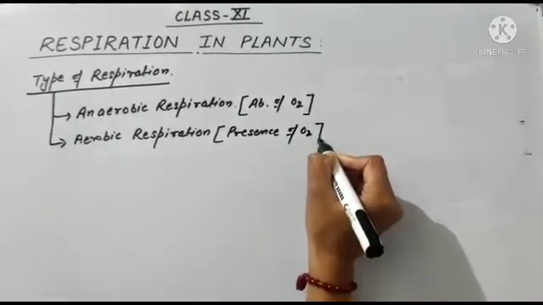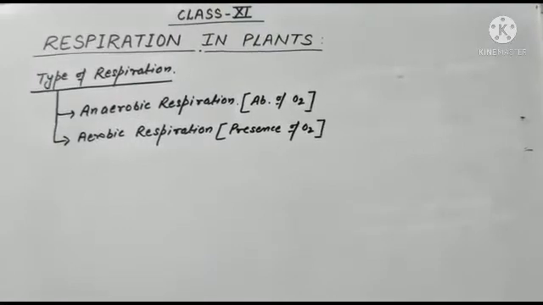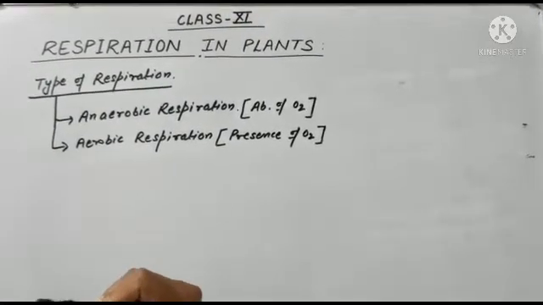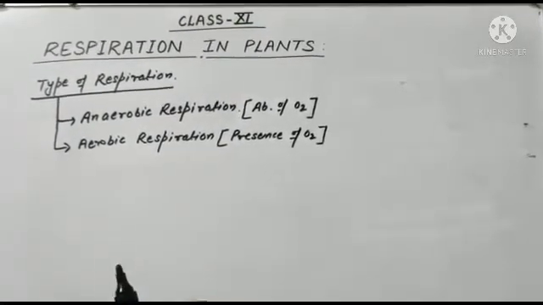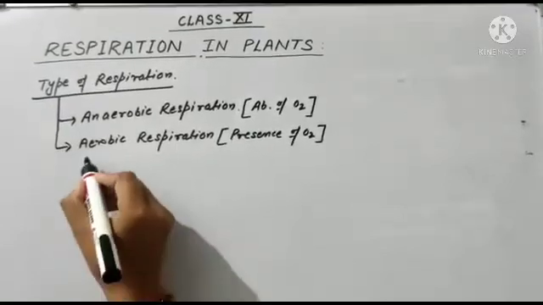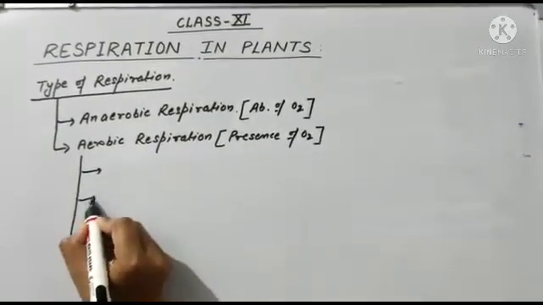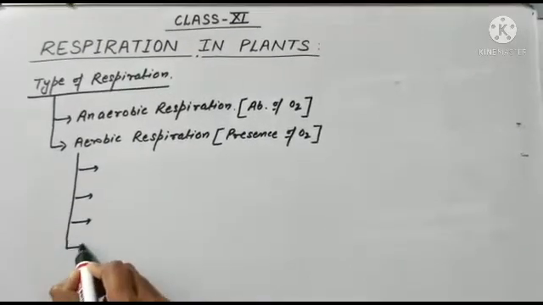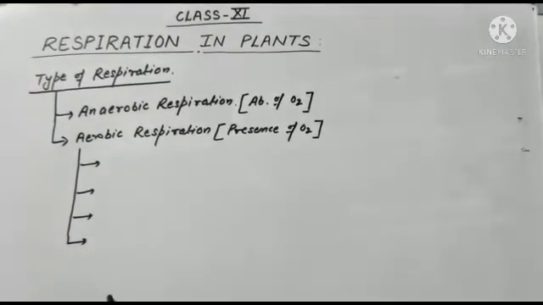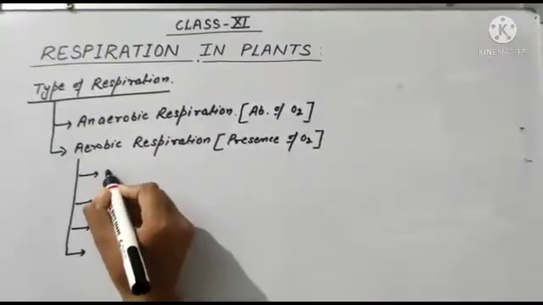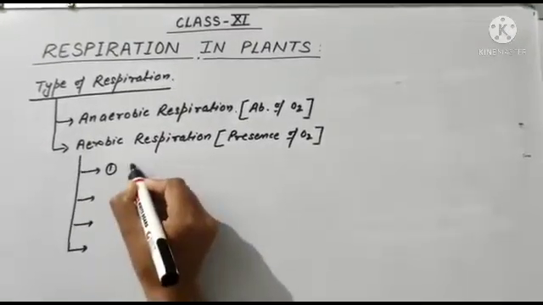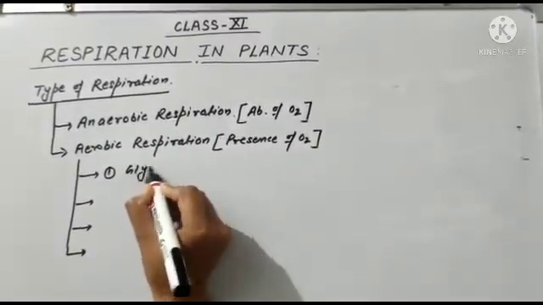It means that the respiratory substrate needs to get oxidized in the presence of oxygen to release the energy. Aerobic respiration generally involves 4 different steps to finally form ATP, which is generally known as the currency of energy. The first step is common, which is called glycolysis,